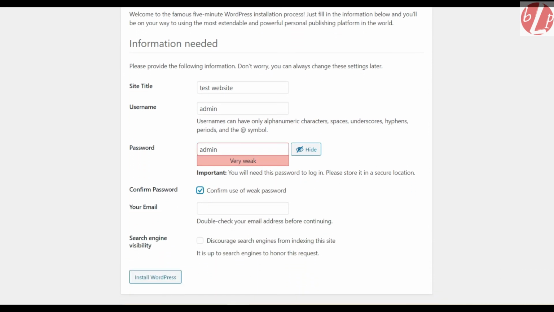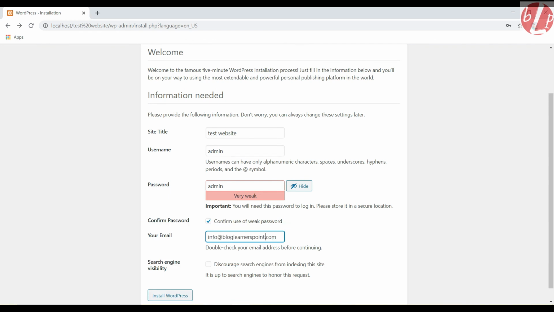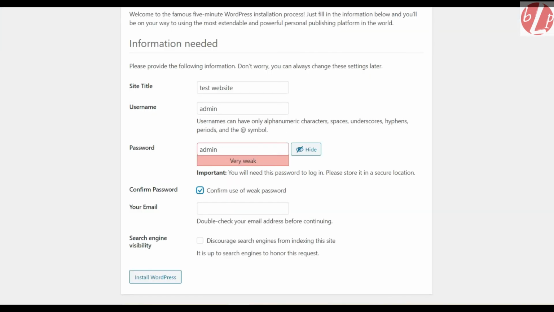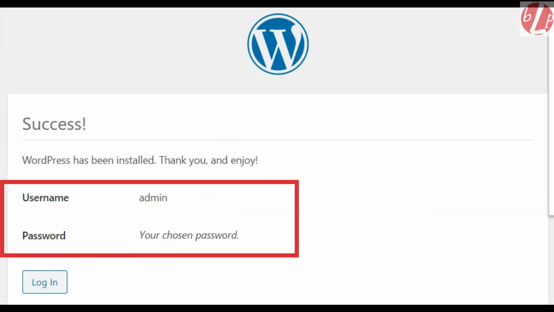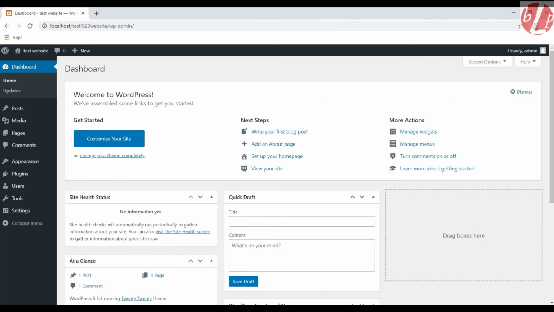Mention your email ID. Please make sure that you do not check the search engine visibility option unless you are creating a private blog. These are your login details for WordPress admin dashboard. Click on Login. This is your dashboard from where you can make changes to your website.